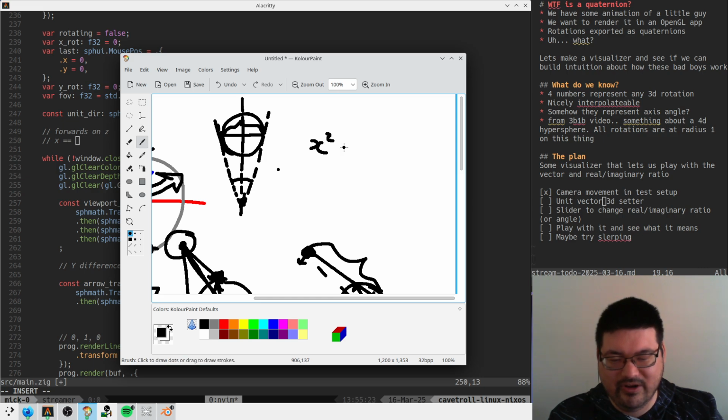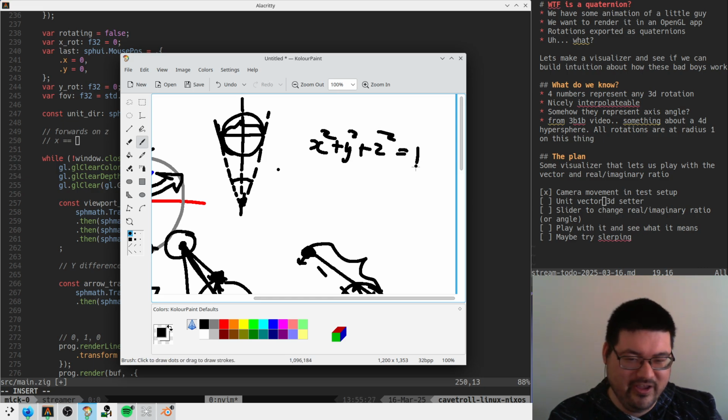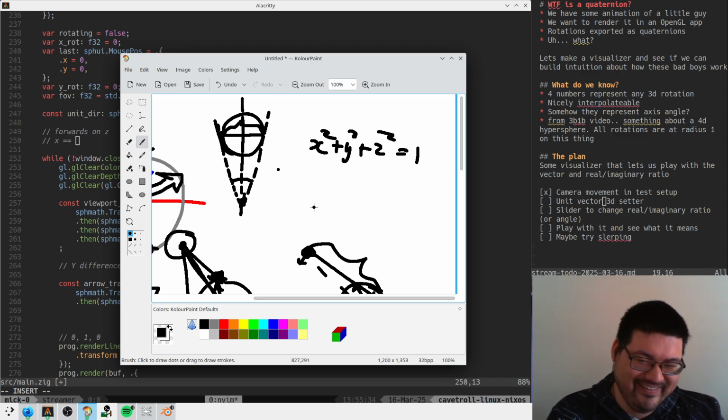x squared plus y squared plus z squared is equal to 1. That's one constraint that we know we have. The line has to be unit length. All three of these parameters are going to move. But we have the x and y offsets